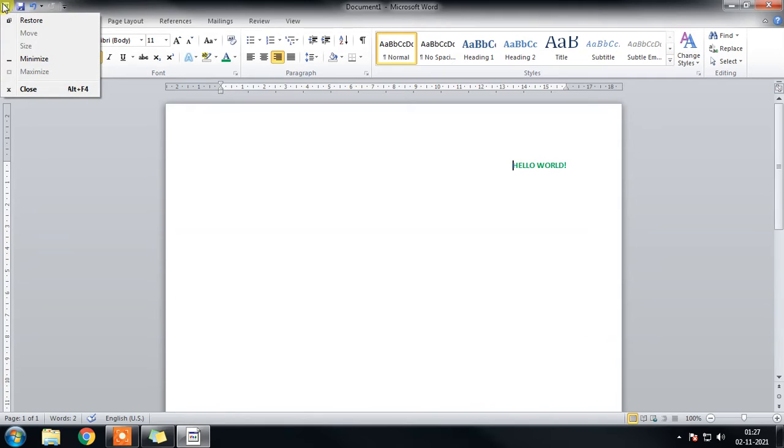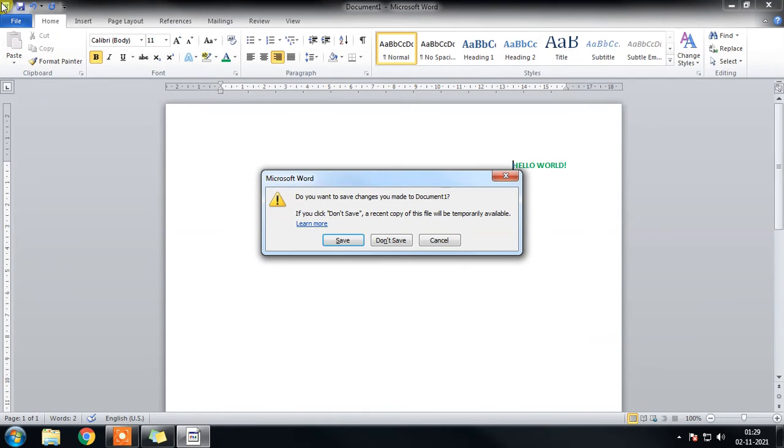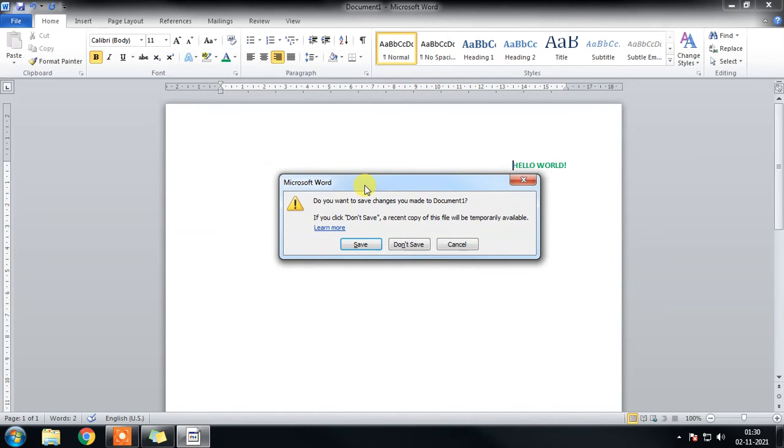In both cases, it will show us the context menu, and when we double click on it, it will close the document. Because there is something written on this document, before closing it will prompt us with a dialog box asking whether you want to save the document or not.